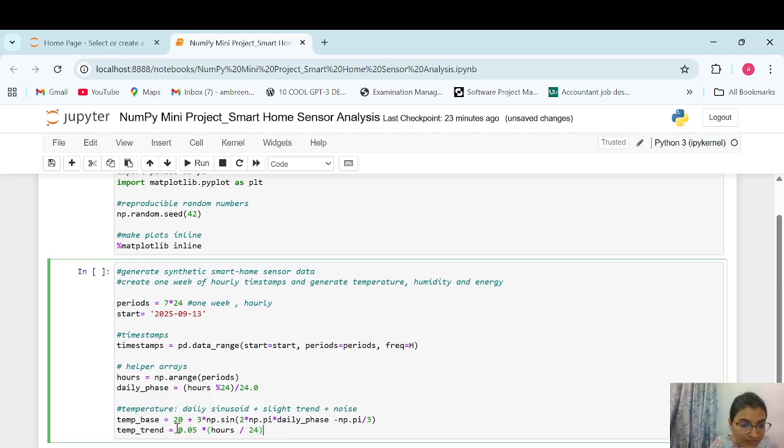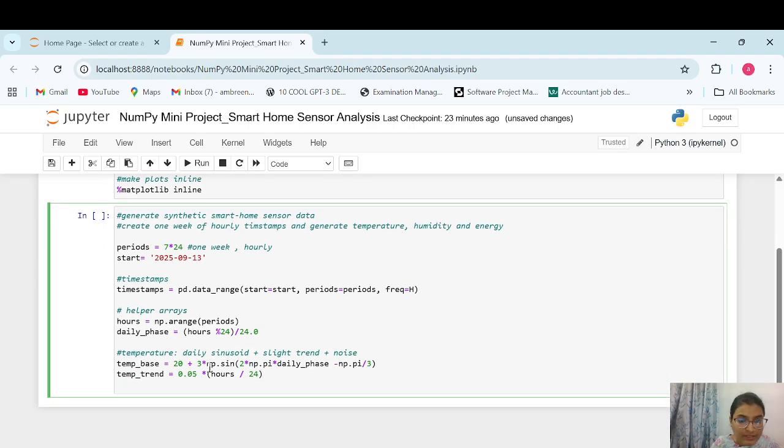So if we change this 0.05 to minus 0.05, what happens? We will see a gradual cooling trend instead. So I have set this temperature trend. Now the next thing I'll do is